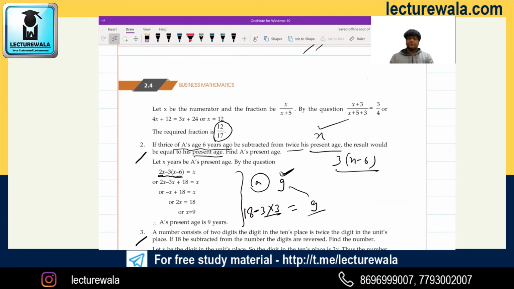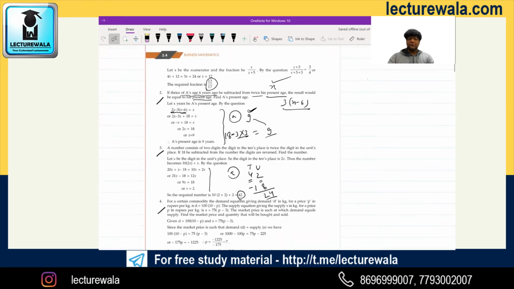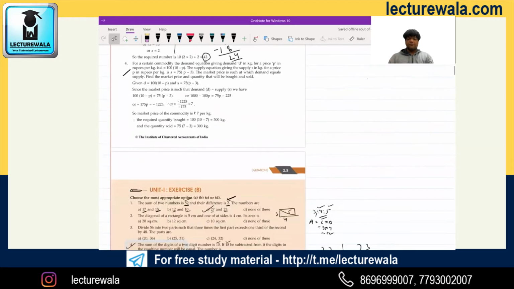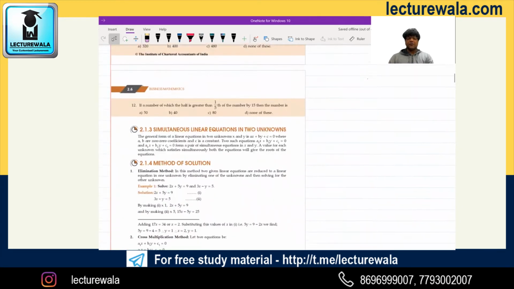Your choice, guys. But at times, there can be questions which you will not be able to solve by the original method, and that can be solved only by option hitting. In that type of question, if you try, then you will cry. So that's why I'm saying, make yourself habituated to solving by option hitting in the chapter equation. All these questions, if you remember, guys, I have solved by option hitting only.